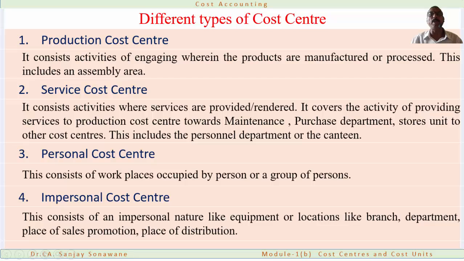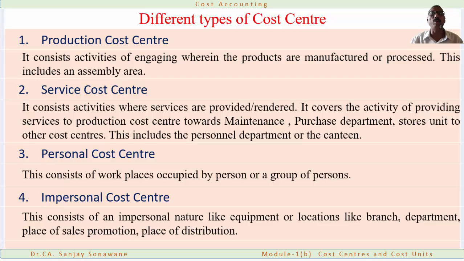So sometimes it becomes a very important thing for us to identify what are the costs we are incurring for special things like at a particular branch. So we'll take that as an impersonal cost center, a branch as a cost center. We'll accumulate all the cost at the branch and we'll come to know what are the expenses incurred in the branch. Similarly, a specific department can be identified. And if the department is identified and we intend to have the cost center there, then we can call that department cost center and we can accumulate all expenses incurred in that department so that this cost can be compared or this can be studied in detail.